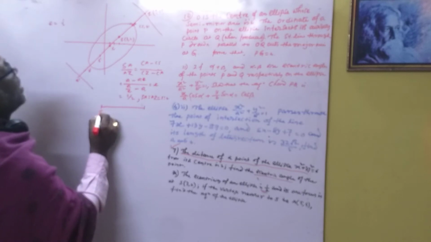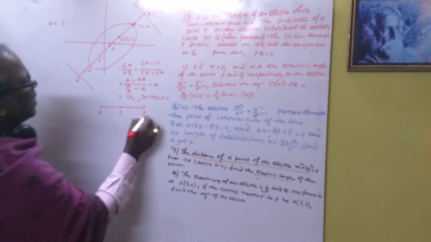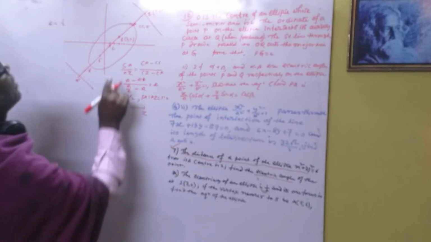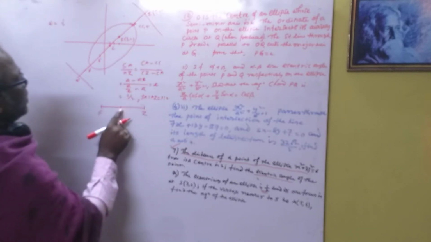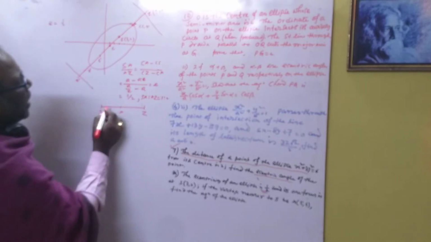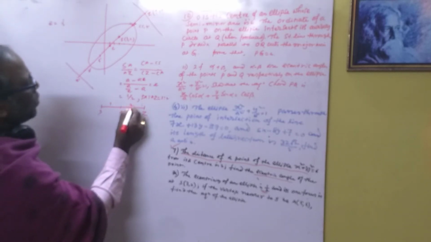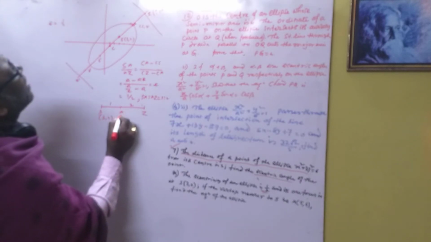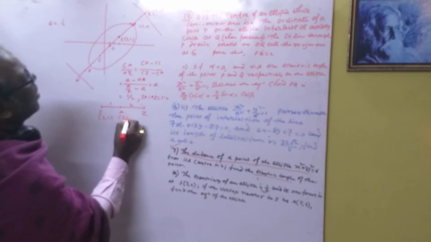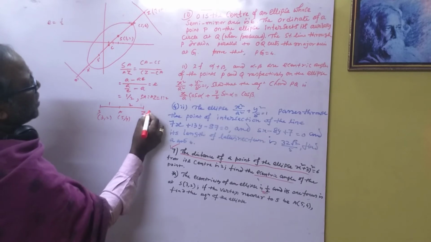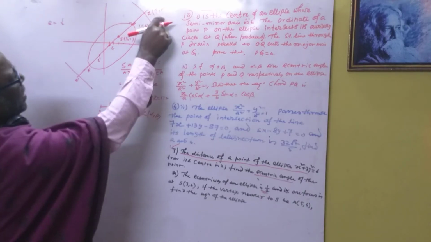So now draw these three points S, A and Z. So this is S, A and Z, and therefore SA here is 1 and AZ here is 2. So the coordinate of S here is (3, 2), and A here is (5, 4), and Z, let us assume, is (alpha, beta).